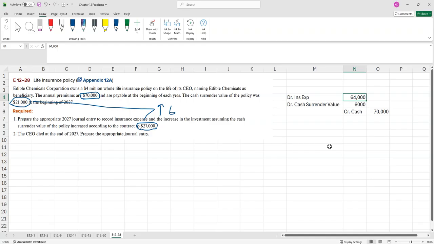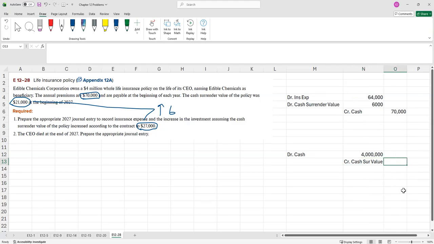Okay, so that's number 1 there. They then say in 2, the CEO died. Can you please do the journal entry for the CEO dying and it paying out? So when the CEO dies, it's going to pay out the 4 million. So you would do debit cash, and that's the starting point, 4 million. Always start with cash. We're going to get rid of the cash surrender value. In this situation, it would be a credit to cash surrender value of